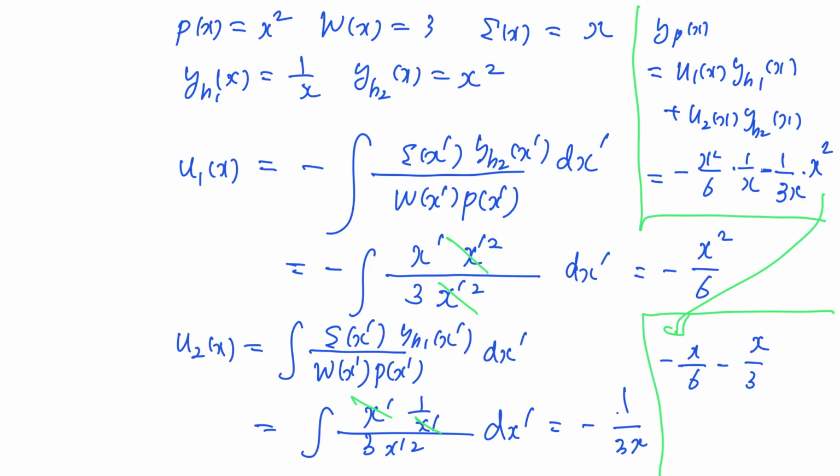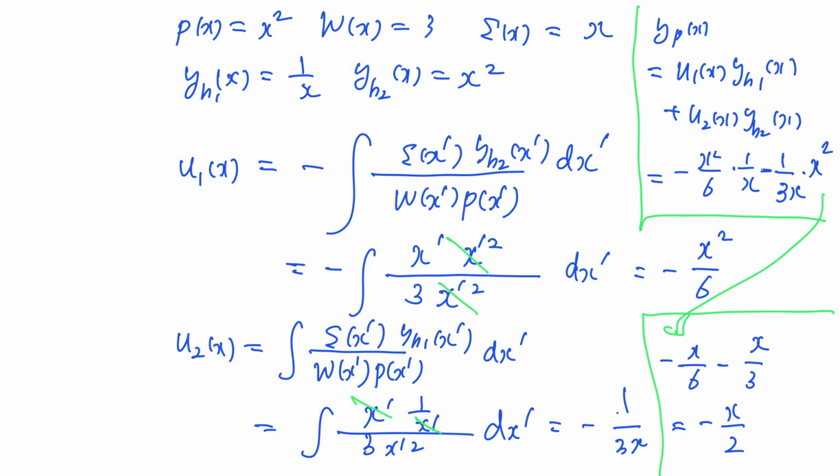So 1 over 6 plus 1 over 3 is what? 6 over 2, 3. Minus x over 2, right? So the particular solution is